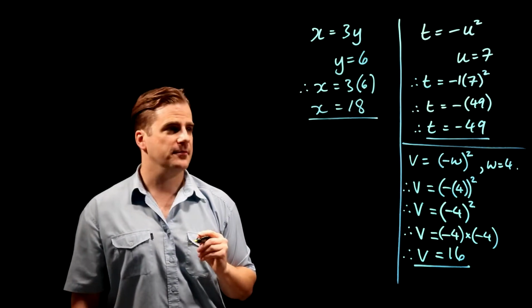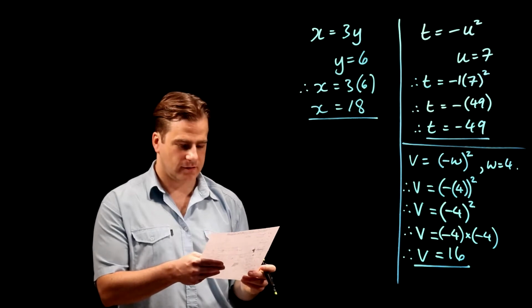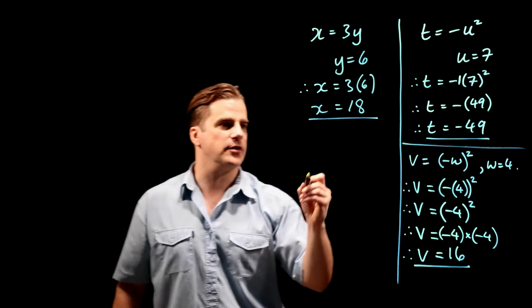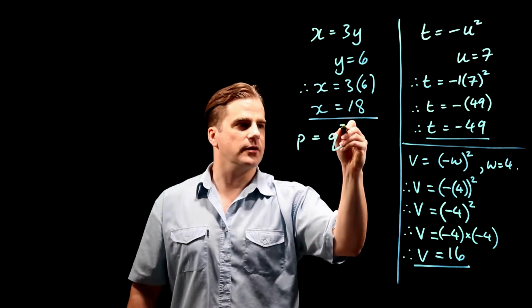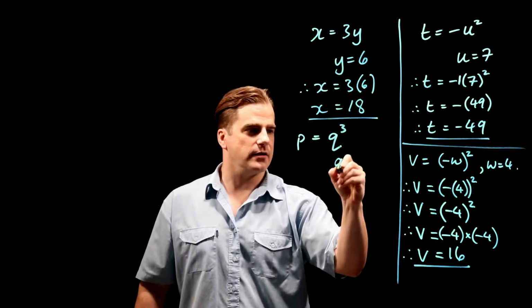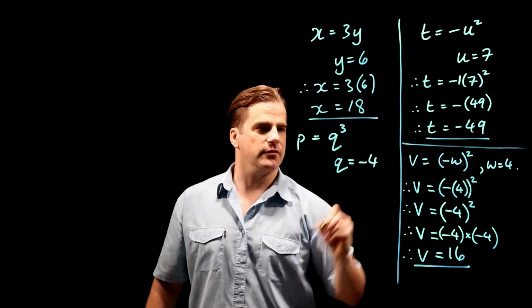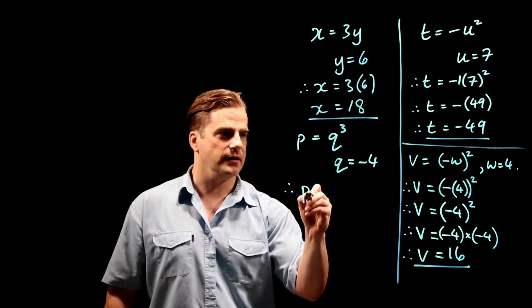Nice simple one there. Right, let's do another simple one. P equals q cubed, when q is, yeah, it's minus 4. Okay, therefore P is